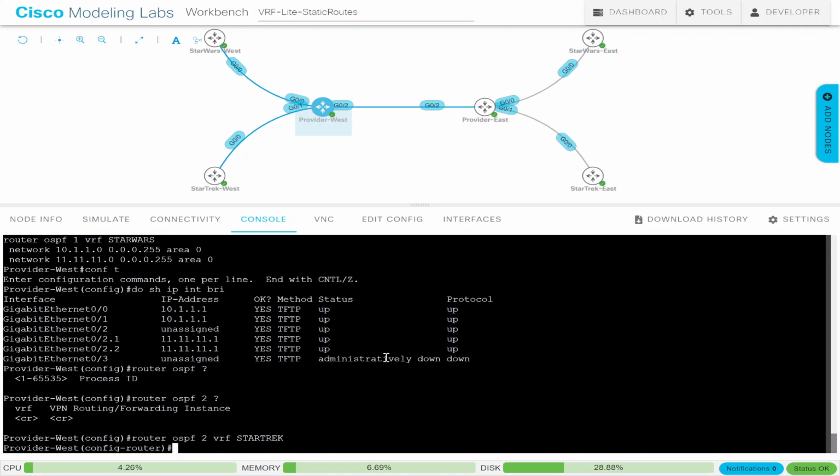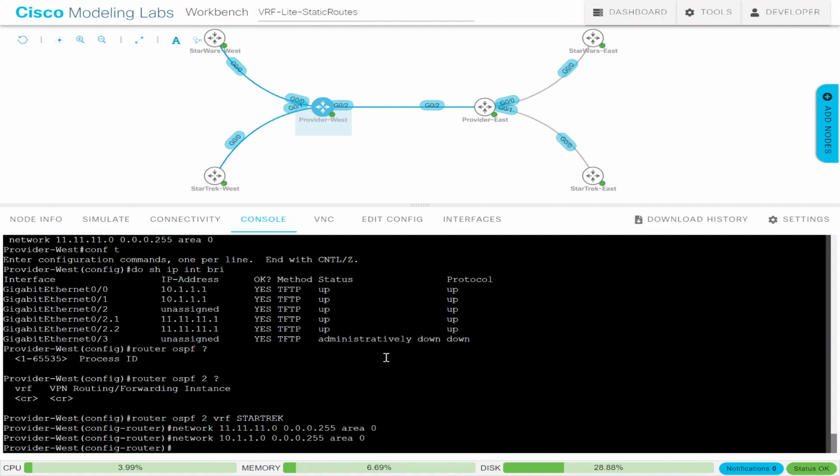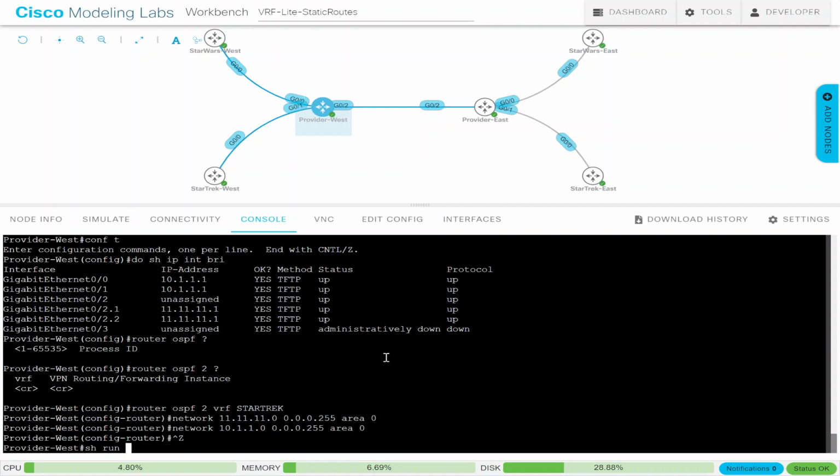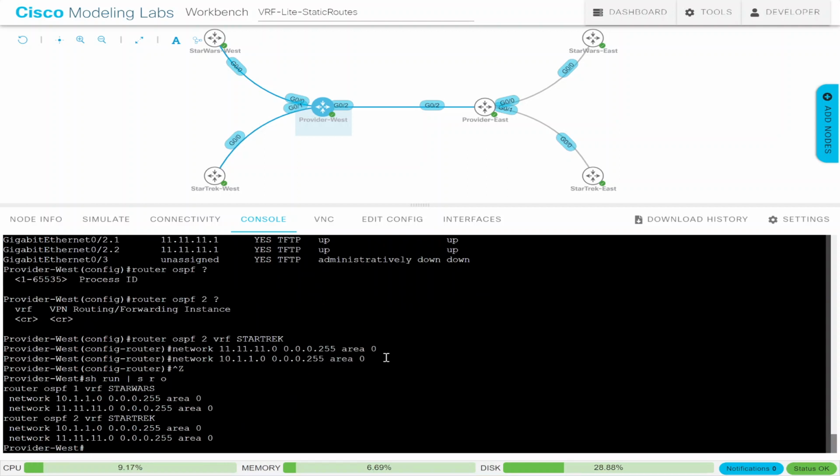Okay. And now this will take the same network statements. So we'll do that one. And we'll do that one. Now we should be done. Show run pipe section RO. And there we go. We have the 2 of them. So then we come over here